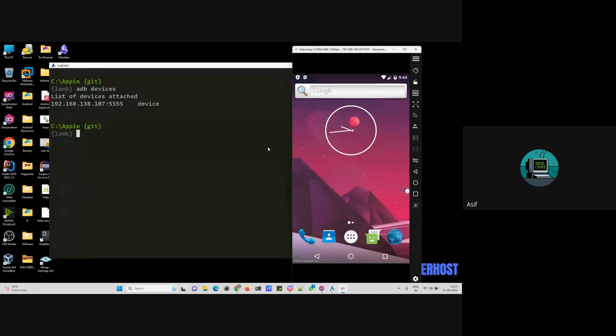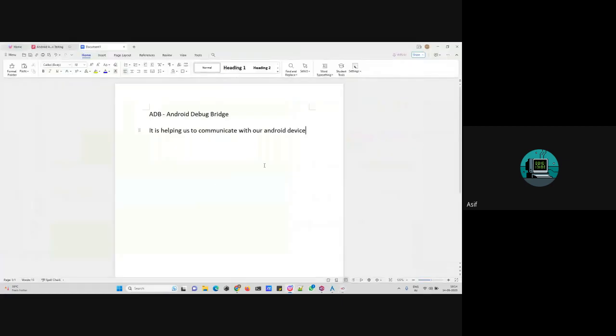Now we could do a lot of things with this ADB. We could use ADB for installing, for uninstalling, for sending a file from laptop to our phone, and receiving a file from our phone to our laptop, right? We have a lot of ADB commands. I will be showing you one or two. So to install an application from our Windows to the Android phone,